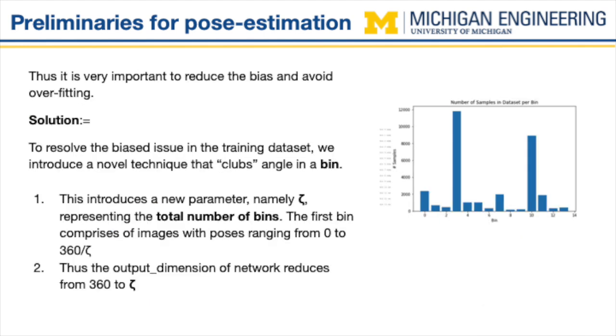Our solution to this problem is to have our pose estimation model not map to all 360 degrees of the poses, but instead to 14 bins, each bin being a range of poses. This ensures that the model has enough variety for every single bin to be properly trained on all the different poses it can see. Along with this, during training of the model, we use 14 different data loaders, each one specific to a bin. Those data loaders feed in an equal representation of each bin during the training process